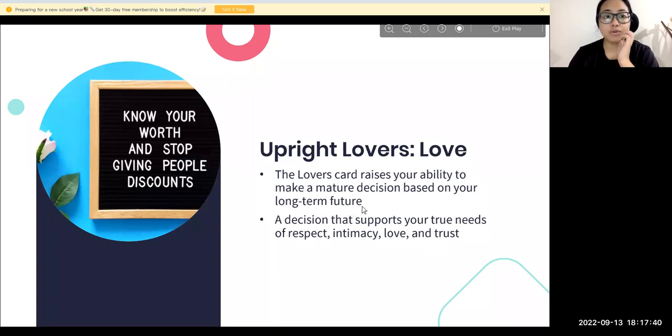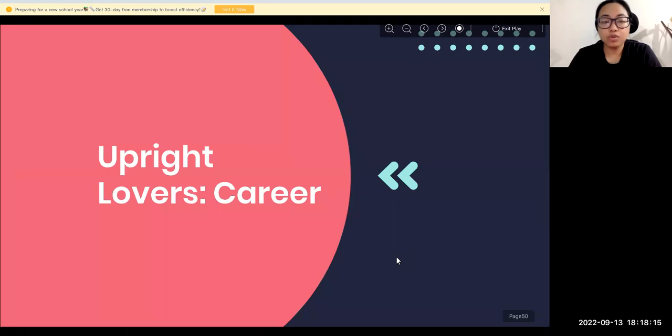That is one thing, right? So it is like, because the Lovers card is saying that only when you're committed, only when you're ready, can you now move into a very powerful relationship in your life. And also you will get support, like you might end up meeting a partner, or you already have a partner who is true to yourself, who is respectable, somebody to whom you can be very intimate. There is love and trust in that relationship, so you can really trust your partner.